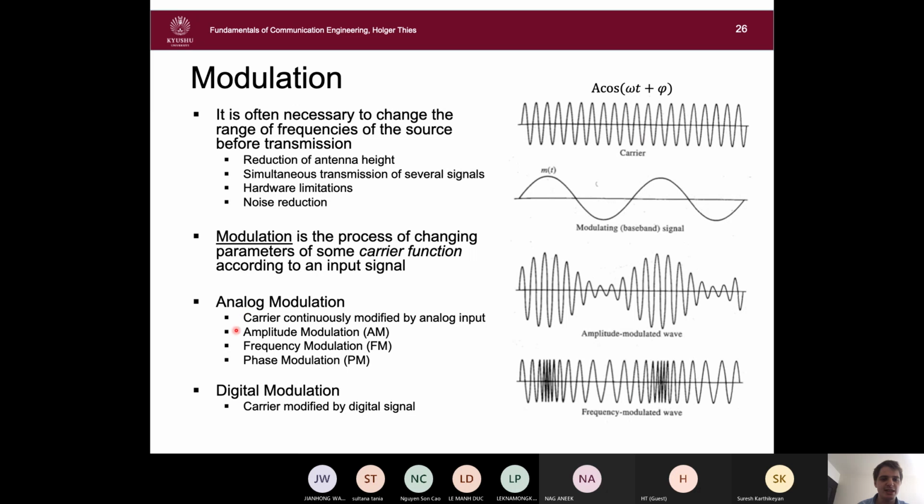And we will see all those types of modulation and why they are used and what kind of advantages they have in a later lecture about modulation. Another thing is digital modulation, which means that instead of an analog signal, we have a digital signal which changes the carrier. We still have the same types of modulation, but the carrier is now not changed by an analog signal, but by a digital signal, and there are some things we have to care about. So this is also one lecture we will see later.